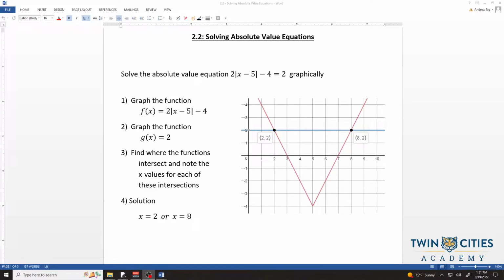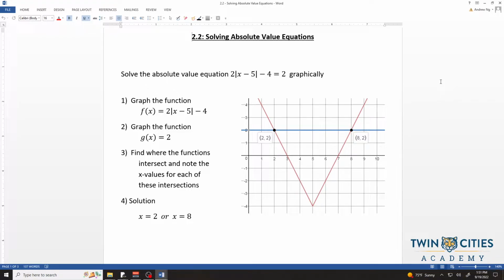In this section, we're going to talk about solving absolute value equations. There's a couple of different ways that we can do this. One way is graphically, and the other way is algebraically. Let's start with graphically. It says here, solve the absolute value equation 2 times the absolute value of x minus